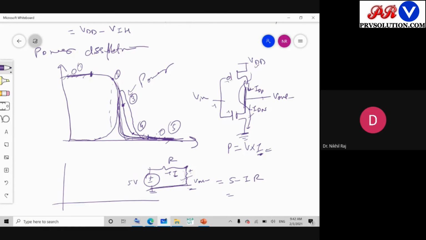Okay, so in your CMOS logic, the significant power is consumed when it is under the dynamic condition, because in the static case only this is the point where the power dissipation can occur. If you recall any logic like your AND or XOR, any CMOS logic, the simplest block is an inverter. So inverter is the core block of any logic, and we know in an inverter this is the place only where the power dissipation takes place. So if we control this place, then we can reduce the static power.